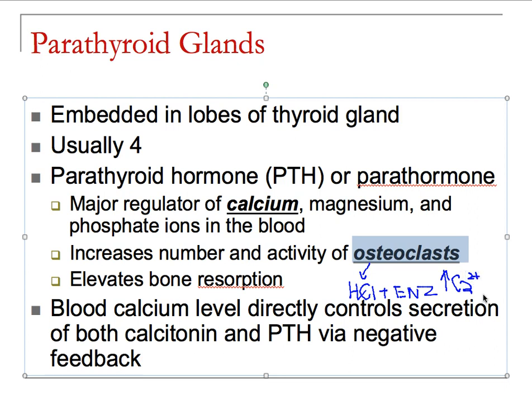And that elevated calcium is what we actually need for everything else inside the body, right? And the calcium level will control the secretion of both calcitonin and parathyroid hormone via negative feedback systems. What's interesting is in this part of your text, they neglect to point out, I should say they don't stress that, of course, these are